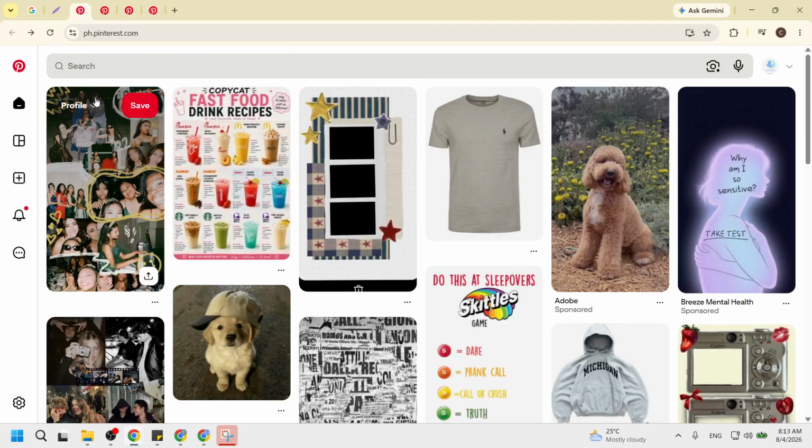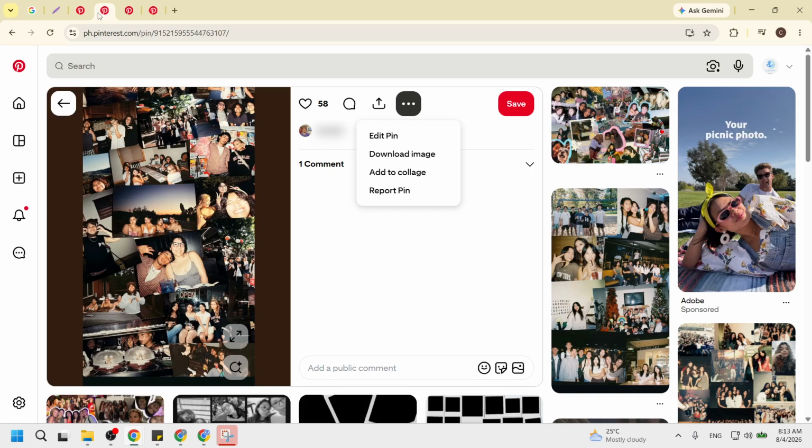Now browse and tap the pin you want to share to open it in full view. When it opens, it fills most of the screen and you will see a larger image or video with the title and description below. This full view makes sure you download the highest quality version and not a tiny preview. Take a quick moment to read the text under the pin so you know what you are about to share